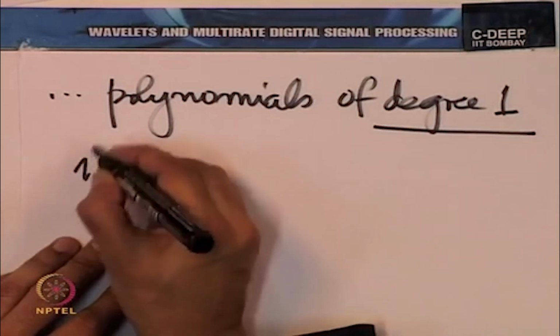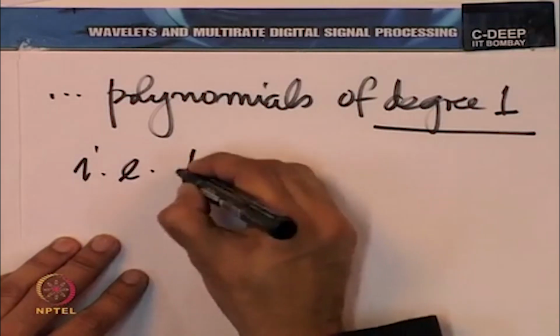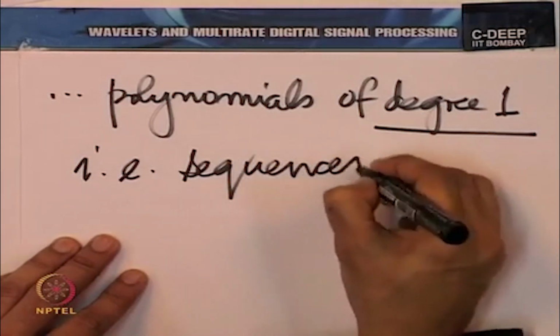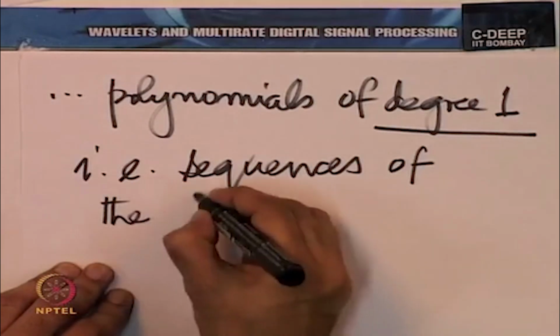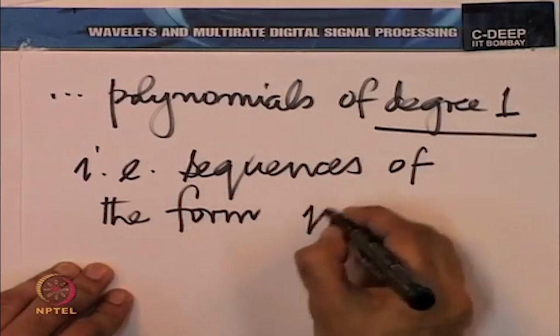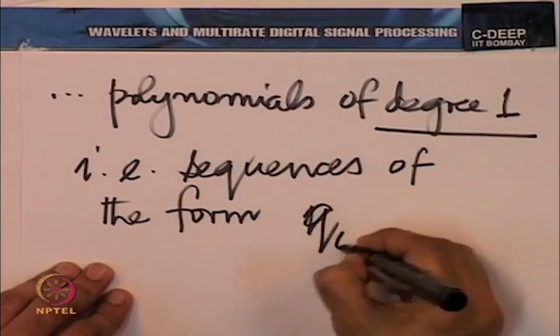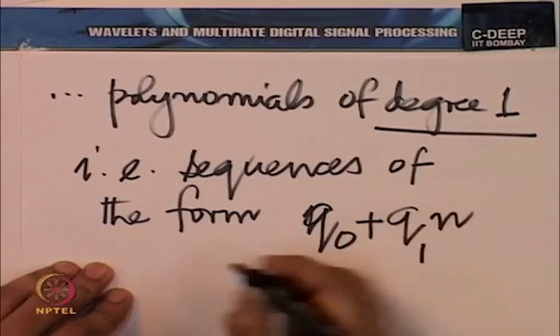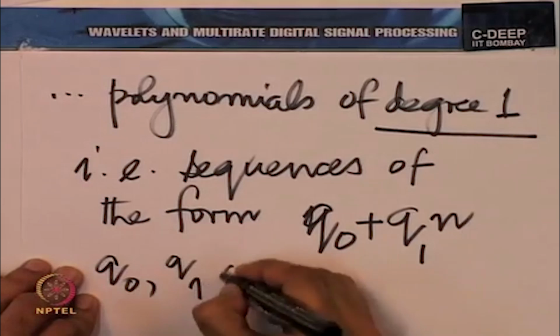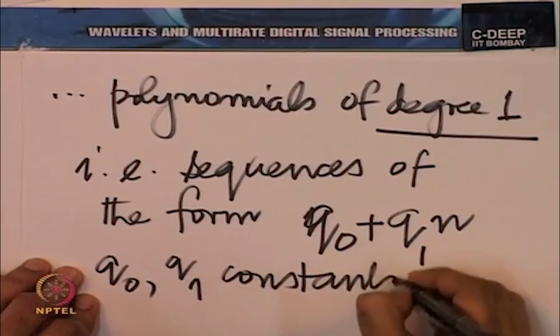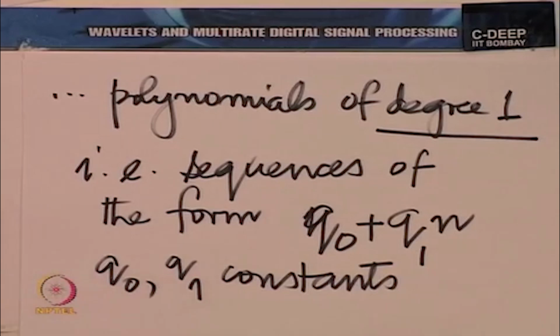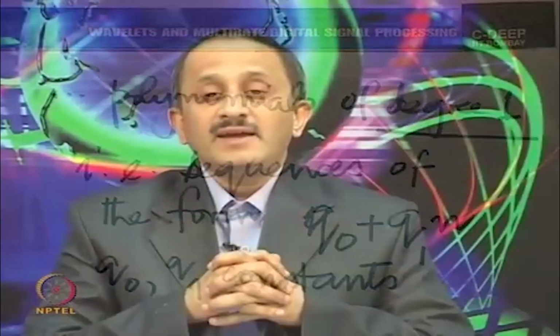Essentially, sequences of the form, some say, q 0 plus q 1 n, where q 0 and q 1 are constants. What I mean by that is the following. If you look at the overall sequence being given to the filter bank at the input, and if you think of that sequence as